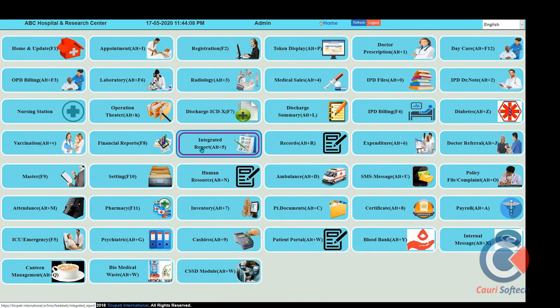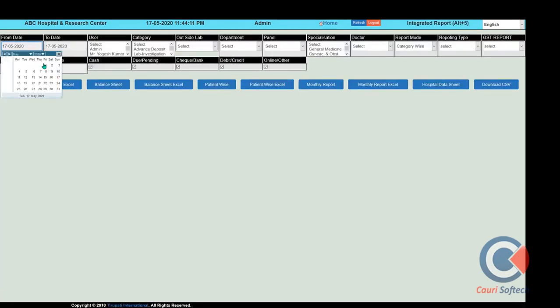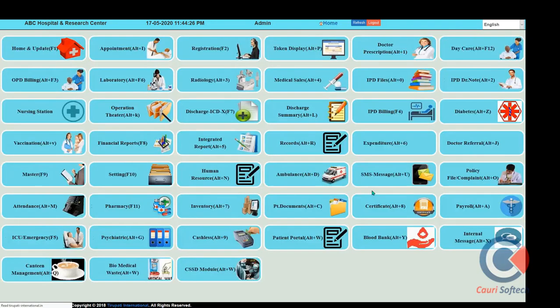Also, the balance sheet will maintain your hospital's total income and expense sheet with various filters applied. You can access the balance sheet from here. It will help you collect information on OP collection, IP collection, payments made from the salary head, payment deductions, and doctors' paid payment information. This way you maintain your expenditure.